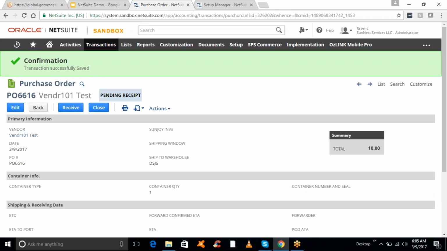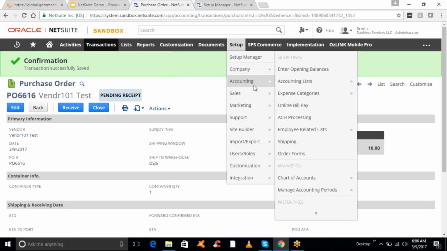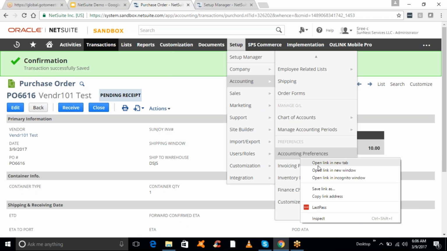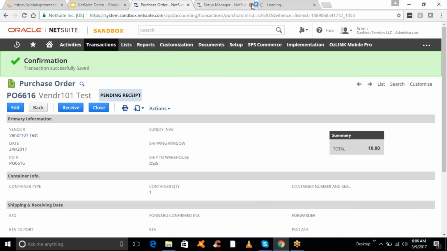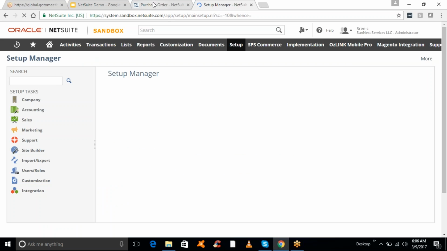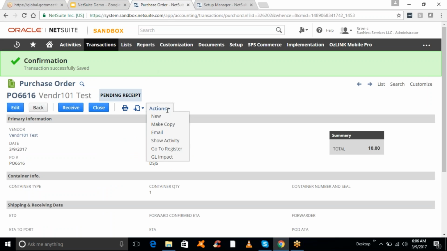Now let me go ahead and enable the approval workflow functionality. Setup, accounting, and accounting preferences. And here approval routing, and let me select the purchase orders. Now if I go ahead and create another transaction,